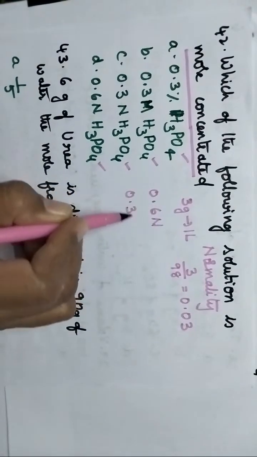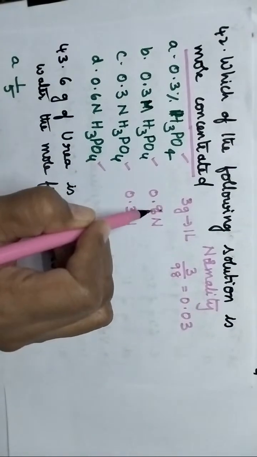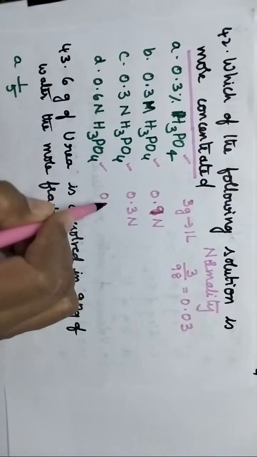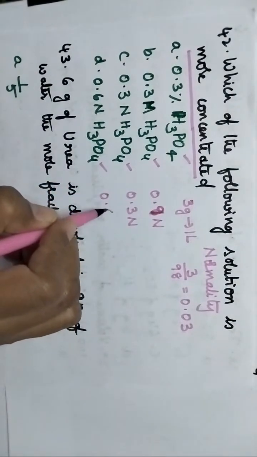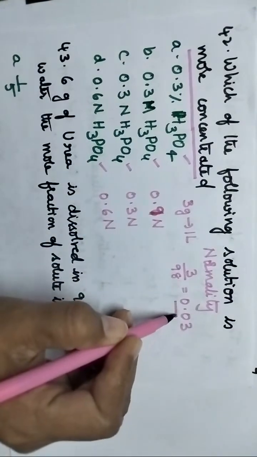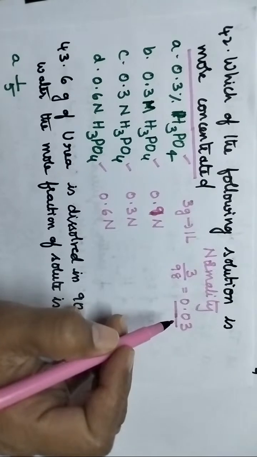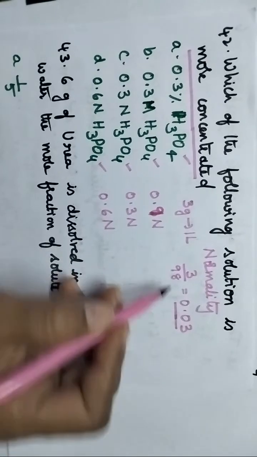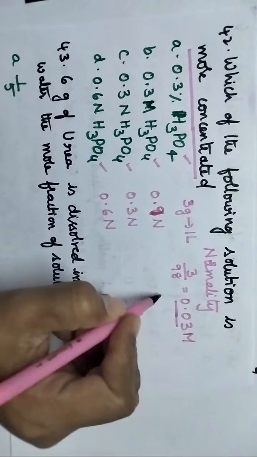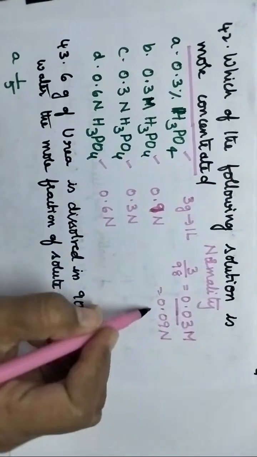Option C is 0.3 normal solution, and option D is 0.6 normal solution. Here also you have to use the molarity and convert it into normality, that is equal to 0.09 normal solution. Now tell me,